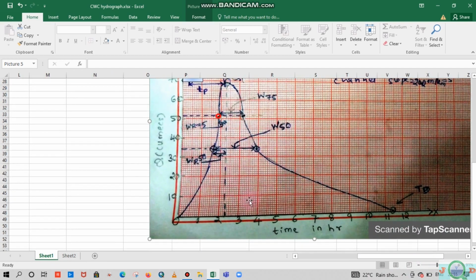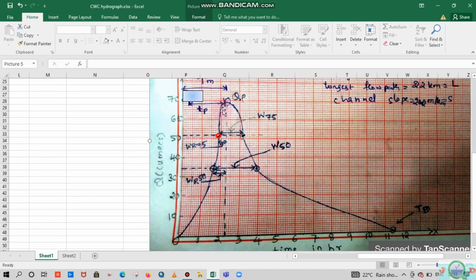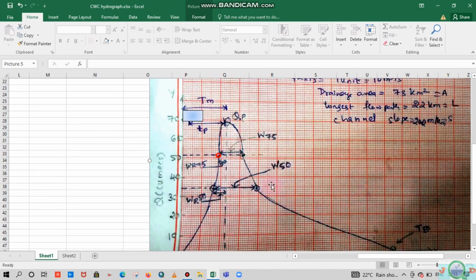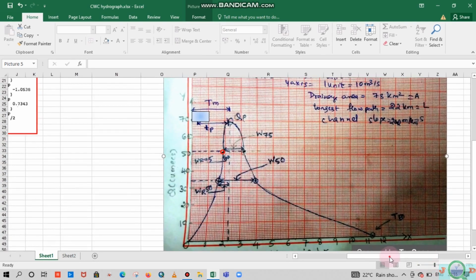And in that, for every hour I noted down the approximate peak discharge. Since I am drawing it manually on the graph, I won't get the exact value, I get some approximate value. Suppose for 1 hour I am getting the peak discharge of nearly 15 Qmax. Similarly for 2 hours it is nearly 62 to 65. So the same I marked for every hour till